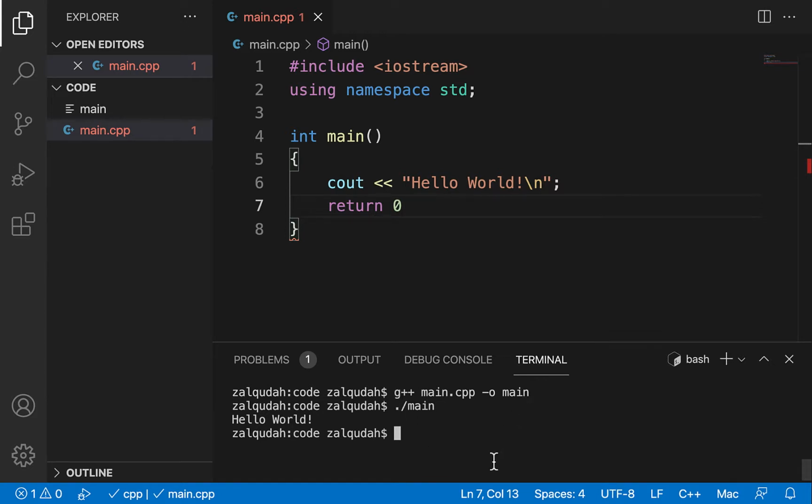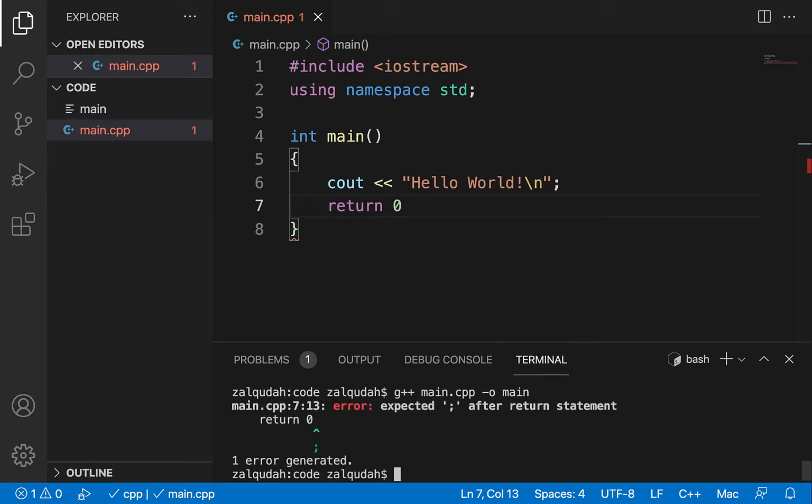I can use the up and down arrows to go through the commands that I've written earlier and use any of them I want. But it would be a good idea to write the command a few times, at least at the beginning. So let's just go ahead and do that. g++ main.cpp, the name of the file that I'm trying to compile, and then -o, and then the name of the executable file, main. So let's do this, and as you can see, it says expected a semicolon after the return